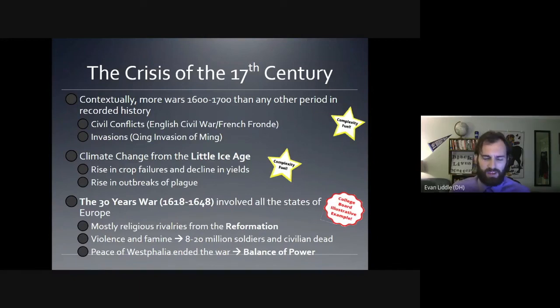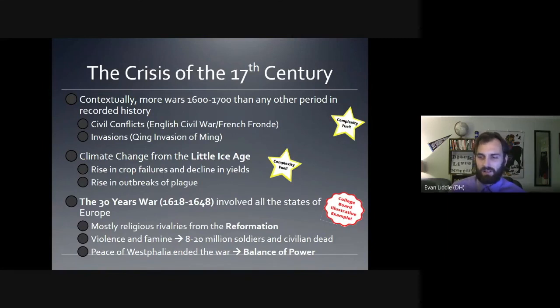So many people died that predator animals started to come back that hadn't been seen in a long time. So wolves began to make a comeback in some rural areas. People were getting attacked by wolves again because there were so few people that nobody was there to challenge the wolves. The Peace of Westphalia finally ended the war when all sides realized that they simply could not defeat each